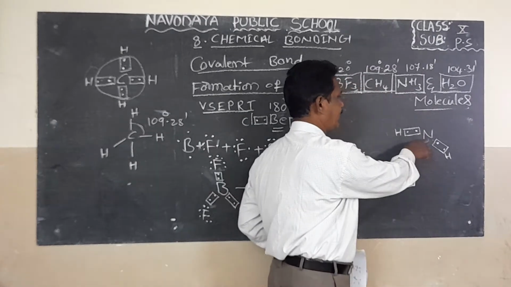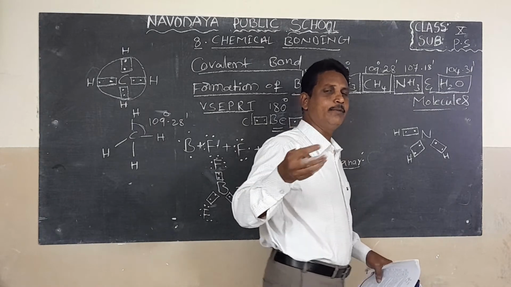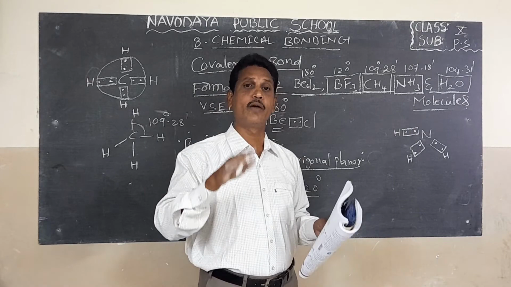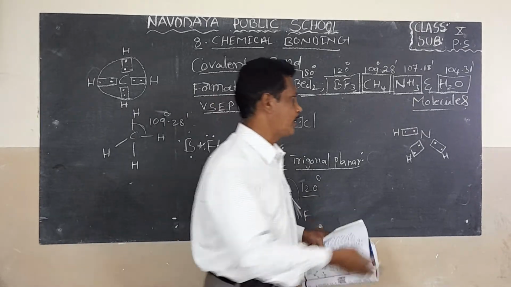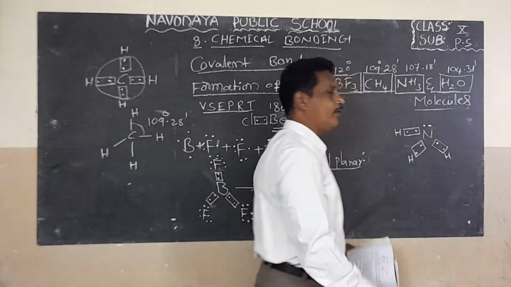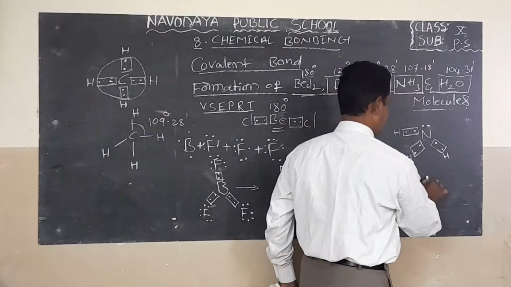So totally nitrogen contributes 3 electrons, but nitrogen contains 5 valence electrons. Of these 5 valence electrons, it contributes only 3. The remaining 2 electrons are the lone pair of electrons. So here nitrogen